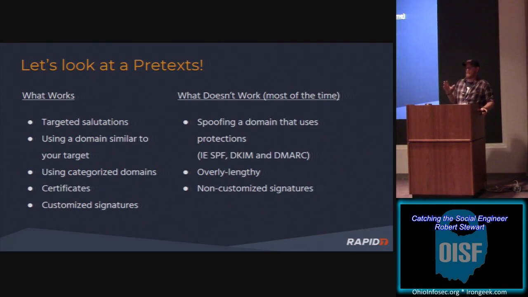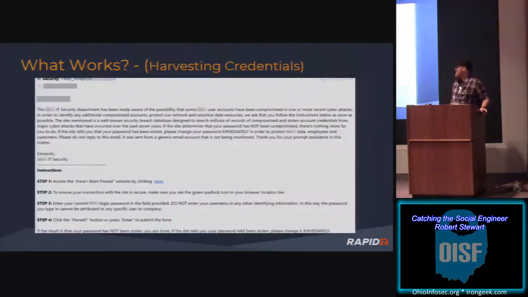So I wanted to take a look at a pretext that we have that is pretty good. We're going to dissect it and go through what works with it and what doesn't work with it, and point out some of these things. This is probably really hard to read, and that's all right. I can give you the overarching point of it. There was a recent cyber attack, and information security is saying, we need you to do a thing for us. You need to go to this website and do this thing for us. And if you don't do it within this time frame, then your account's going to be locked out.